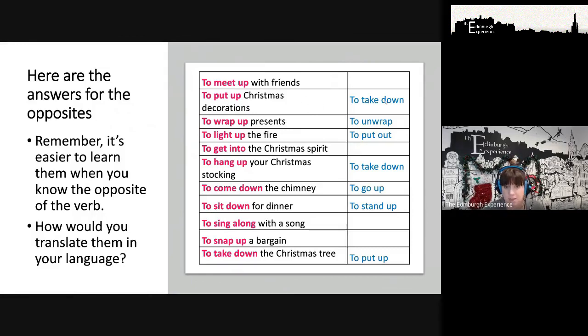Okay, in this example I haven't put the object in the middle, but if I wanted to record that information, then I would record it as well. So I would say take it down, or take something down, because it's one of these ones that you can separate. And then finally you would finish with the translation for the context you have seen them in your language. Okay, and then it's a really great resource that you can go back and you can revisit.